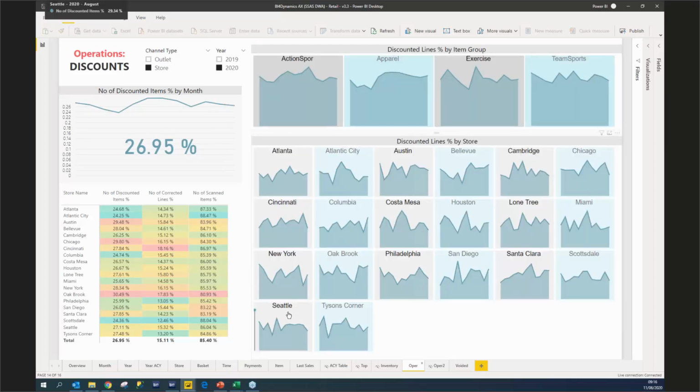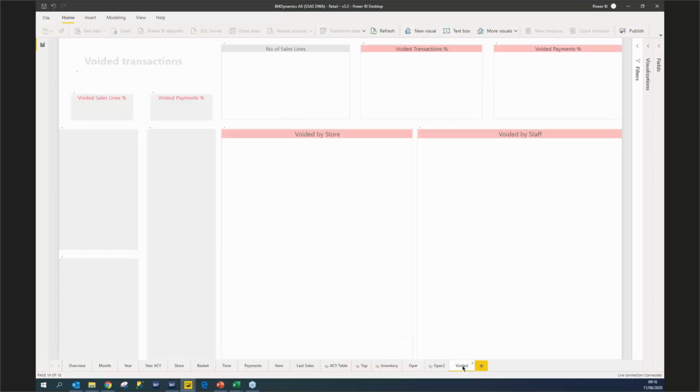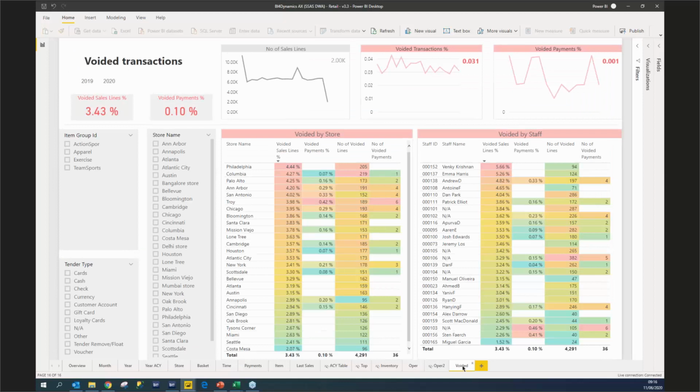You are gathering a lot of data in your POS, and we just show how nicely structured data are coming into the Power BI dashboard like this one. So we are tracking, for example, discounted items, corrected items, and here we have this exposed. If you have problems with discounts or some POS types are not performing, you will easily spot some issues here with climbing values. And if you have issues with voided transactions, either sales or payments, then how easy it is